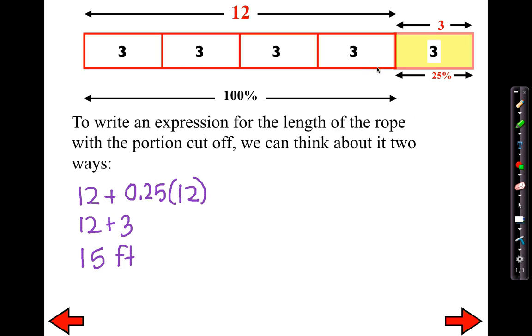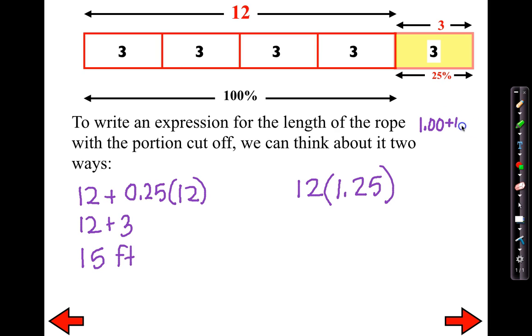Now, the other option would be to understand, first of all, you're going to take 100% of Larry's rope, which is going to be your 12 feet, and you're going to multiply that by the 100% of Larry's plus the additional 25%, which is basically 1.25. So if you're wondering how I did that, I took my 100%, which would be expressed as 1, and